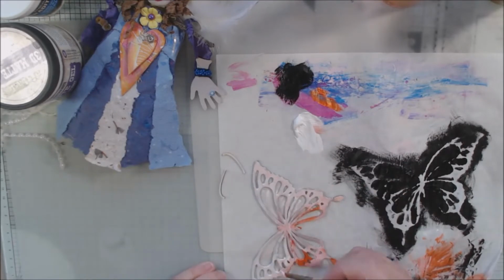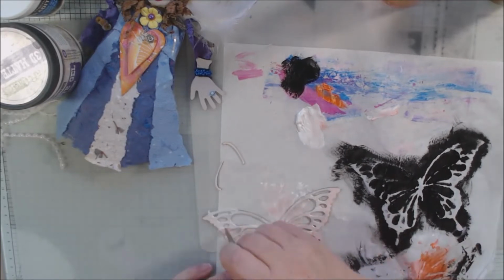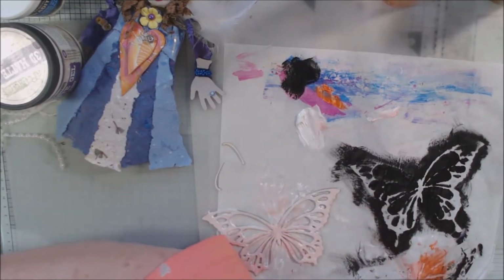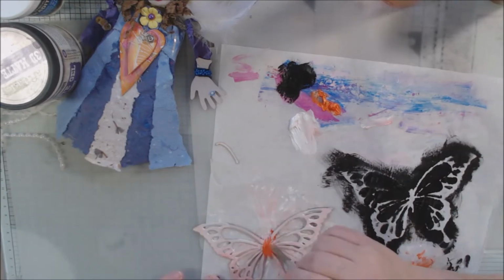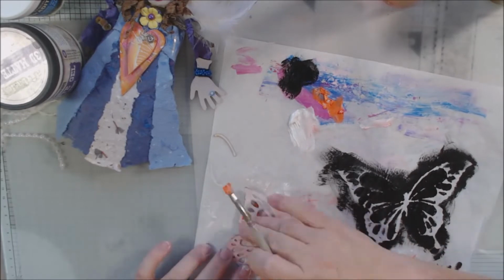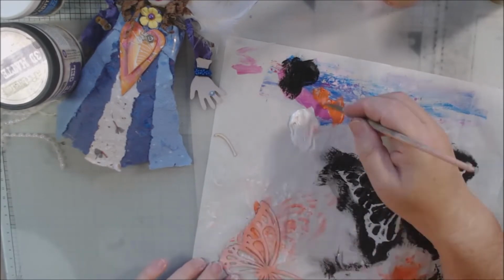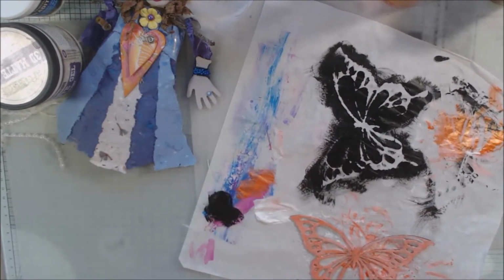So then when I went to paint my orange on the other side, it's like an iridescent paint. It's kind of translucent. And so then, of course, I couldn't paint over it because I had black, so then I had to put some white. Then I had to put more orange in it. I mean, this whole thing, this is sped up 8 times fast, but you can see that I fussed with these wings for quite some